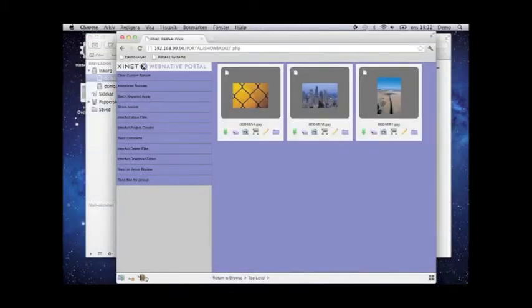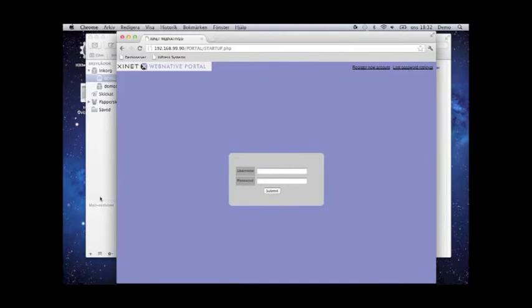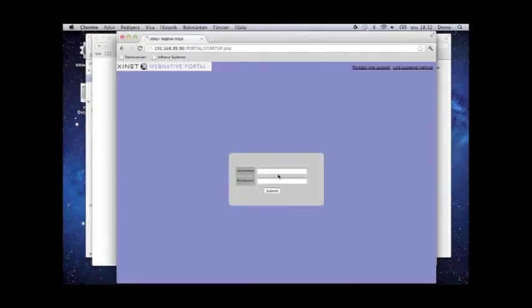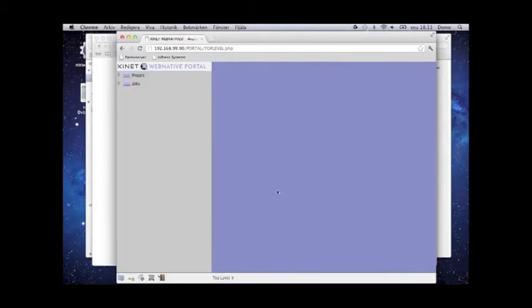But before I do that, I will log out and then click. And then I have to give the old password, 1, 2, 3, 4, and update, which means I've now extended my account for another 20 days, which would be 20 minutes in this demo time space. So let's go back here again, demo 1. So I'm logged back in,